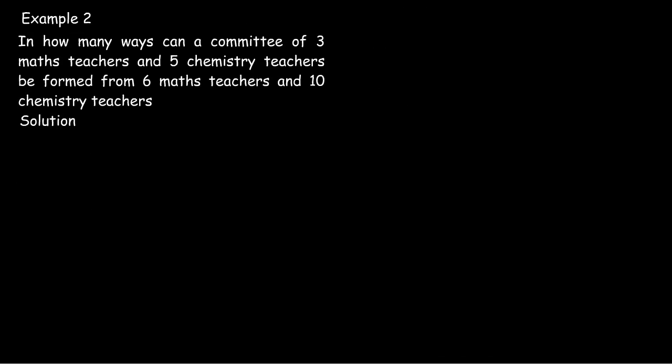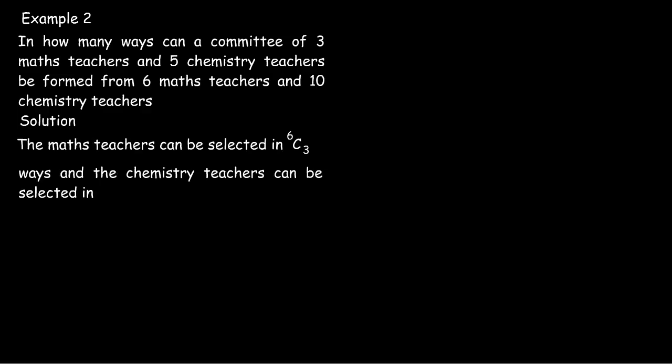Our second example states: in how many ways can a committee of 3 maths teachers and 5 chemistry teachers be formed from 6 maths teachers and 10 chemistry teachers? Now for our solution, the maths teachers can be selected in 6 combination 3 ways, and the chemistry teachers can be selected in 10 combination 5 ways. So therefore our number of ways will be equal to 6 combination 3 times 10 combination 5, which is